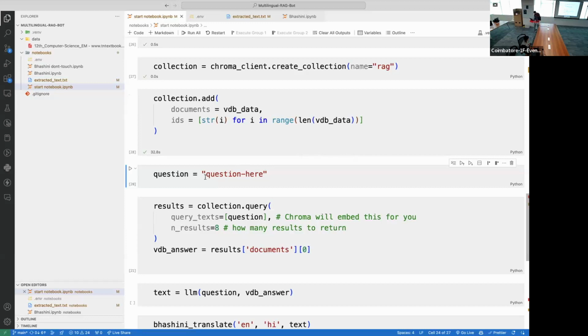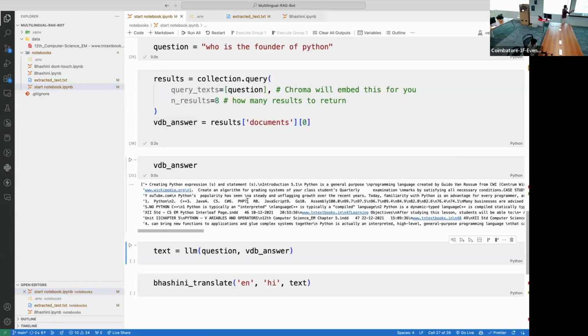I have just asked a question: who is the founder of Python? That question is passed to collection.query, which is exactly asking the vector database. Then it returns the top 8 results. We can see 1, 2, 3, 4, 5, 6, 7, 8, eight results over here. Within these, in any chunk, the founder of Python will mostly be present. A human can't read this full content easily or understand it,